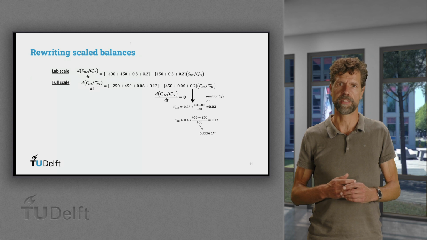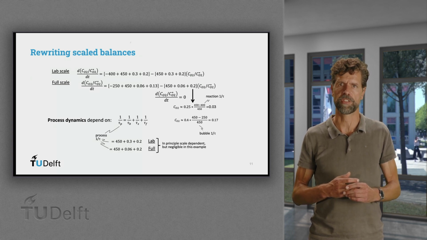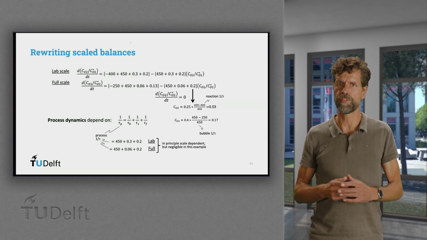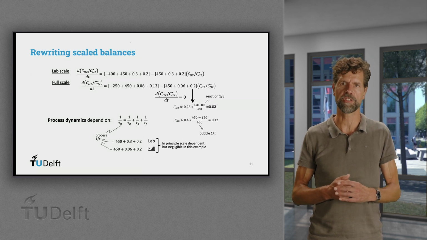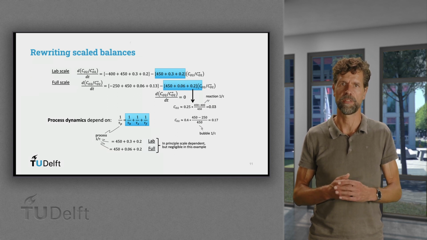The overall inverse characteristic time of the transfer processes is the sum of the inverse characteristic times of the oxygen transfer from the bubbles, the outflow, and the surface aeration. This overall characteristic time, and thereby the process dynamics, is dominated by the scale-independent mechanism, bubble aeration, in this example.